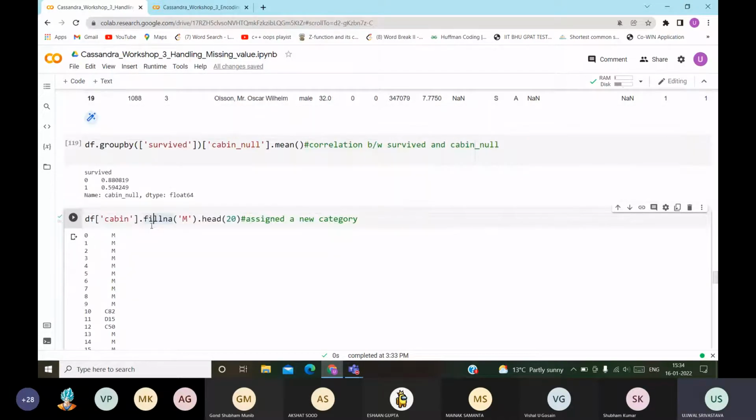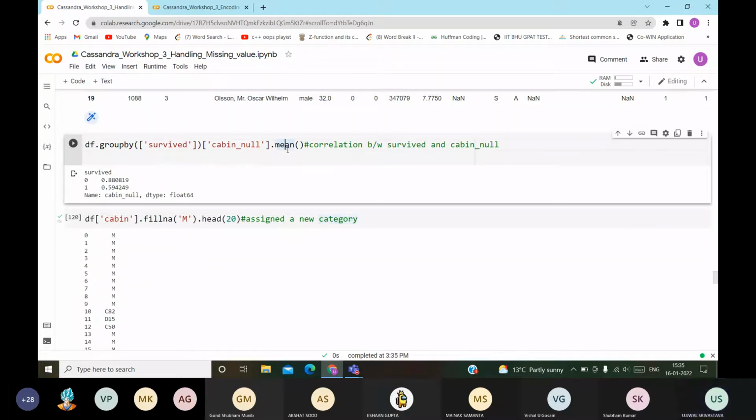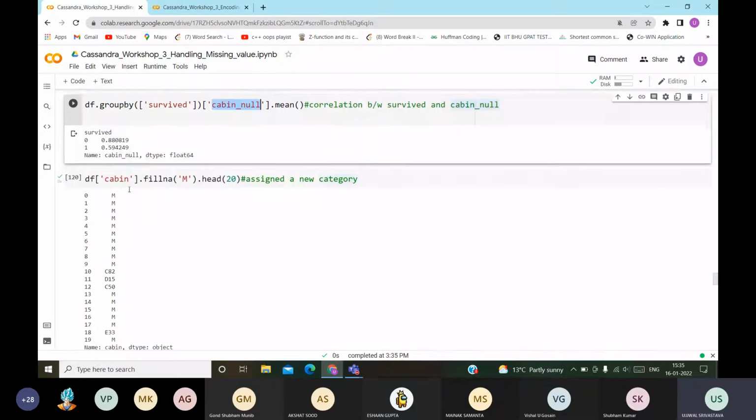Let us move on. We can also provide a new category to those values that were missing, like M. So df.cabin.fillna('M'), we can fill the null values with M also. So we have basically assigned a new category to it. This will also work, but the earlier was maybe a better option. And we have also seen how the correlation emerged: for 0, 88% values were missing, and for 1 only 59% values were missing.